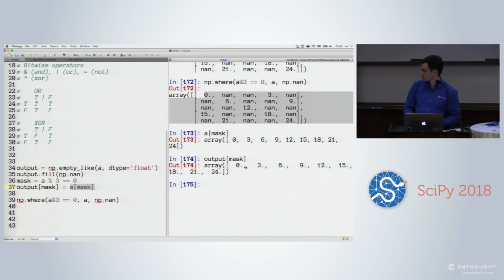So there's no way for NumPy to guarantee that it can be broadcast up into any shape. You can imagine if you start off with a 5x5 array, and the only true elements, there's 3 of them, there's no way to cast that into any two-dimensional array other than a 3x1 or 1x3. And given what you started with, neither one of those is really any more intuitive than just saying, here's the flat value of numbers that you wanted. So by having output mask equal a mask, NumPy is able to determine that it should be a 5x5 array. Basically. So when you have that assignment operator in there,